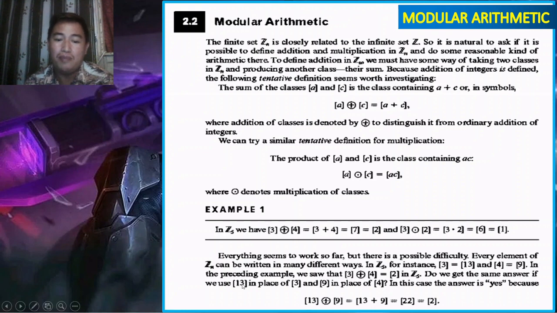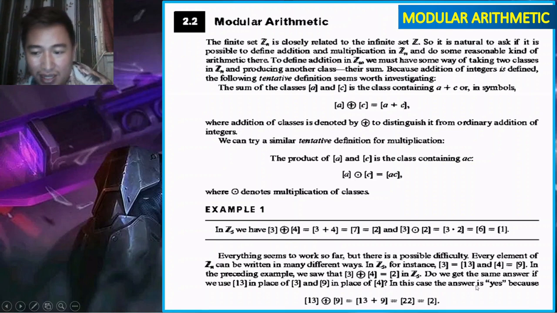So in preceding example we saw that 3 plus 4 is equal to 2 in Z5. There are 3 plus 4 kay equal daw ni 2 in Z5. So do we get the same answer if we use 13 and 9? So kung ang 13 plus ug ang 9 atong i-add, same ba pa kag answer sa 3 plus 4? Again ha, si 3 kay equal ni 13, si 4 kay kang 9. So kung i-add ako ang duha, kung 13 o 9 akong i-add, same mag-result aning 3 plus 4 class. So in this case, the answer is yes because 13 plus 9 is equal to